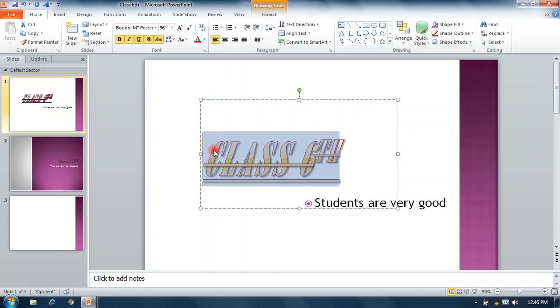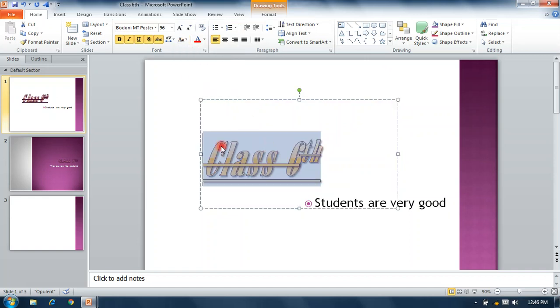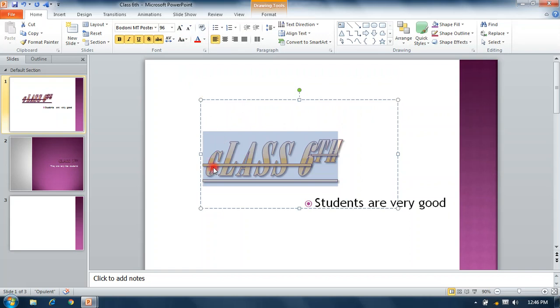Uppercase: each character is converted into uppercase. Capitalize each word: only the first letter is capitalized and the remaining letters are small. Toggle case: capital letters convert into lowercase and lowercase letters convert into capitals.